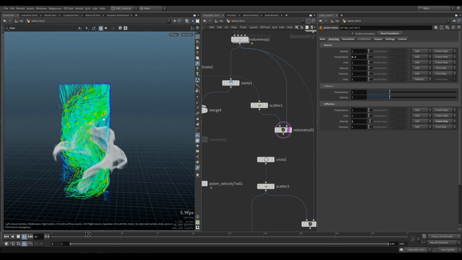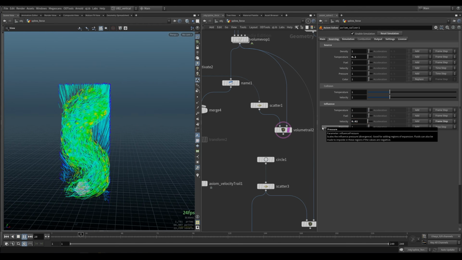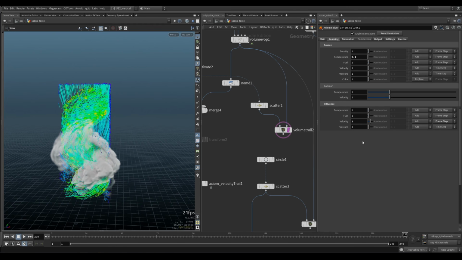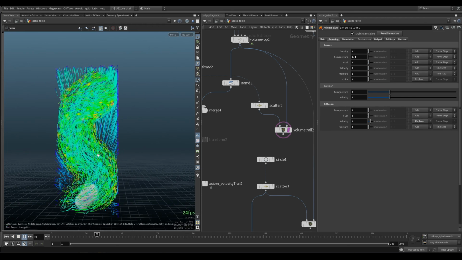You can use this to a certain degree if you go super low with your velocities. It's kind of going to respect the flow, because it's not going too crazy, but it's still going to go outside the bounds. So the best way here is you either replace the velocity, which means that it's going to completely take the velocities that we're feeding it,